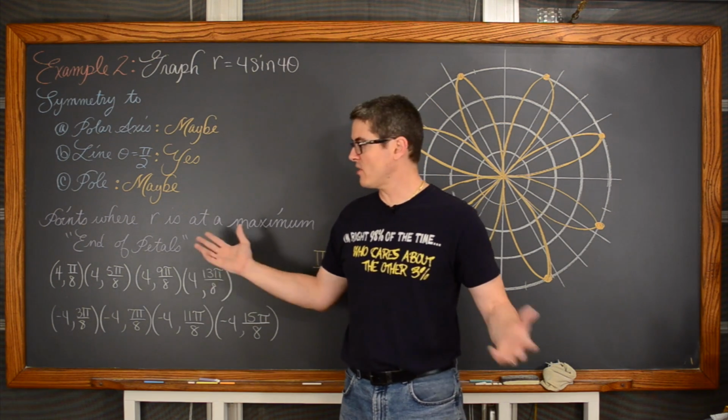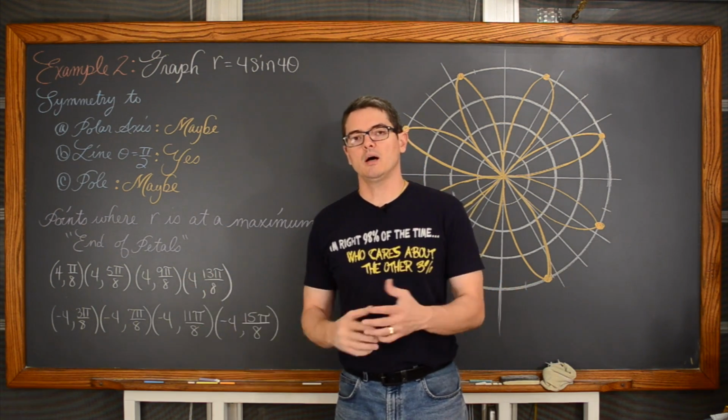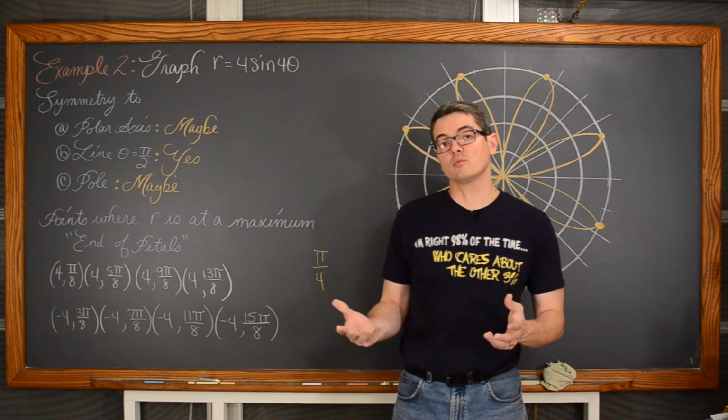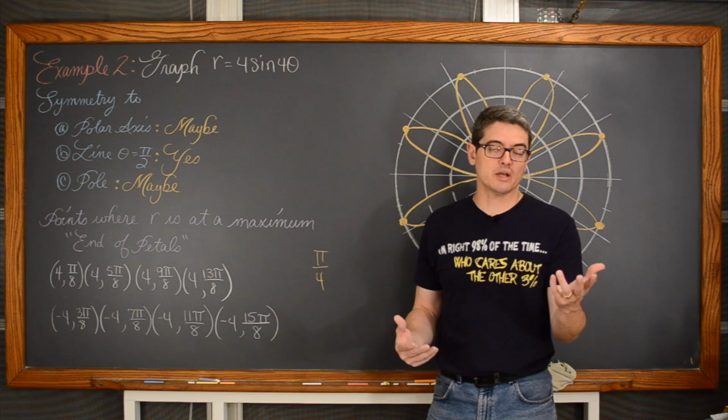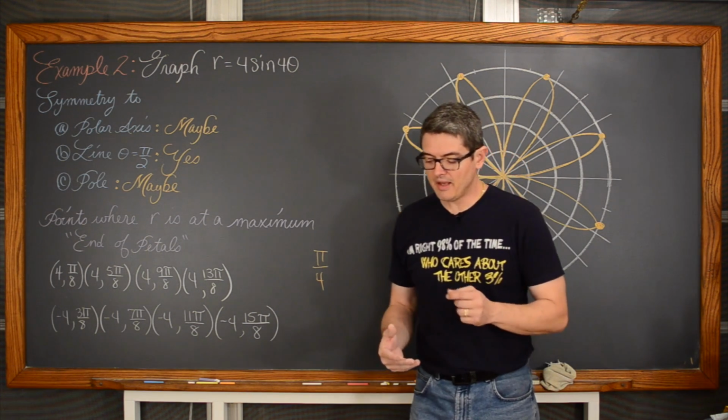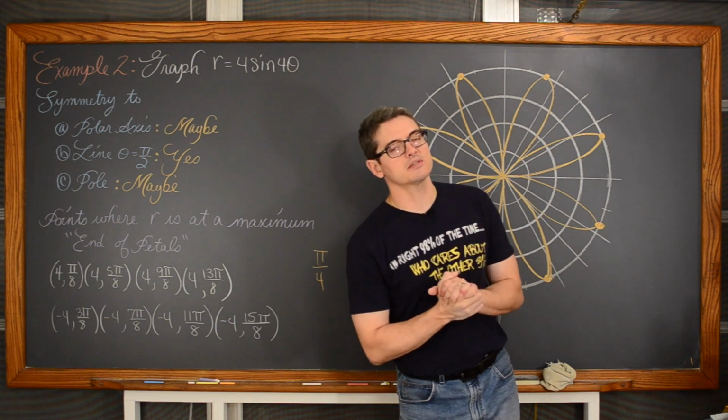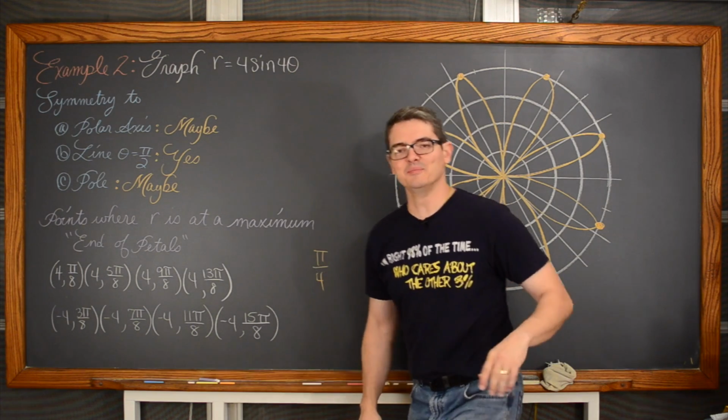I'm not going to go over it because the process is just like this one, but you'll see the next example, see the solution revealed. Again, pause the video, try it on your own if you'd like. I think it's a good idea to make sure you get the process down. And then we will move on to the next type of polar graph.